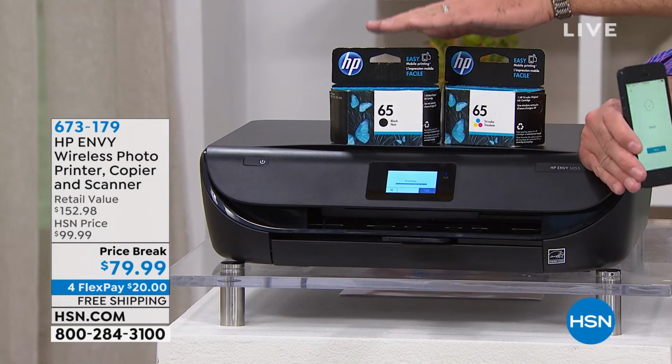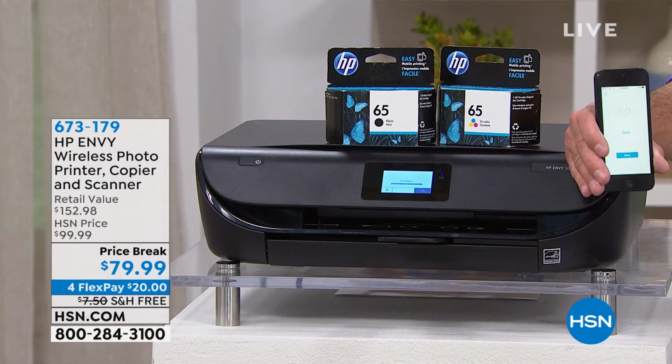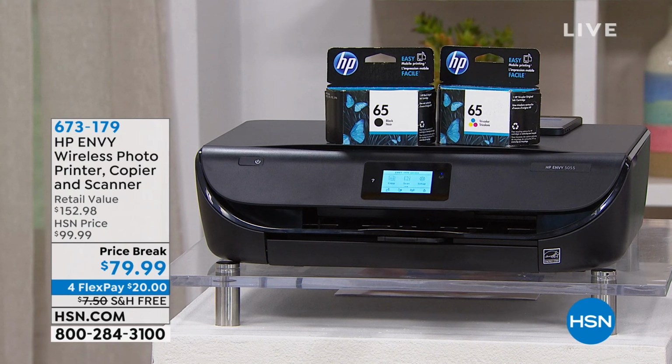And we're including a full black cartridge and a full color cartridge, plus, this is a mouthful, plus 2 months of instant ink, plus another $20 voucher for instant ink. So if you do the 50-page per month plan, that's 8 months of instant ink included in addition to the 2 cartridges. I know it's hard to get your head around, so here's the thing. 2 months of instant ink, you can choose any of the plans, and then a $20 voucher for instant ink in addition to that. The 50-page plan is $3 a month, so you could do another 6 months, so you put those